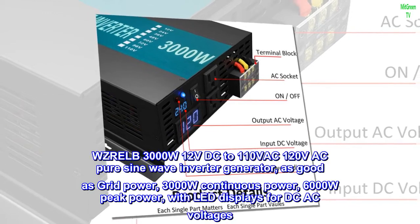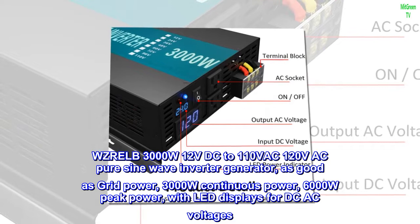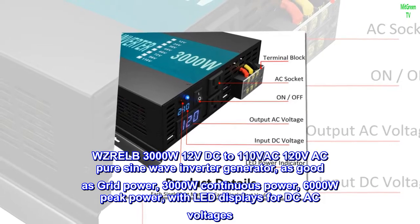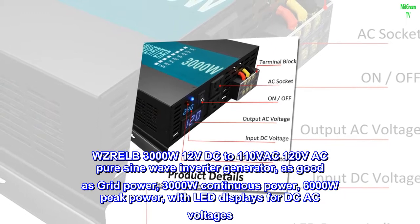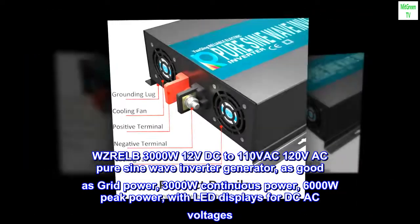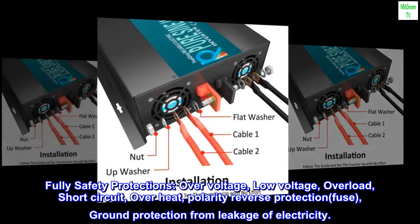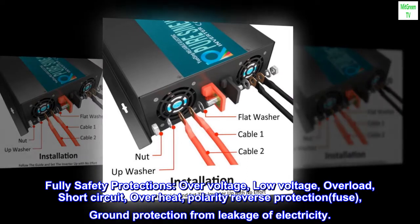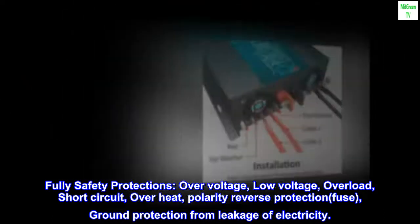WZRELB 3000 watts 12 volts DC to 110 VAC 120 volts AC pure sine wave inverter generator, as good as grid power, 3000 watts continuous power, 6000 watts peak power, with LED displays for DC and AC voltages. Dual US outlets. Full safety protections: overvoltage, low voltage, overload, short circuit, overheat, polarity reverse protection fuse, ground protection from